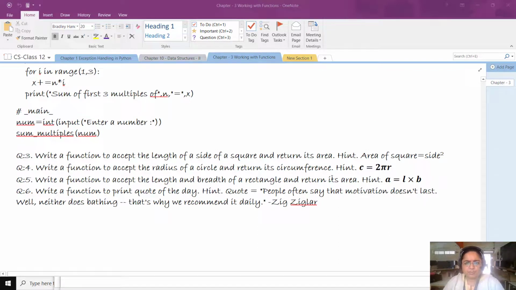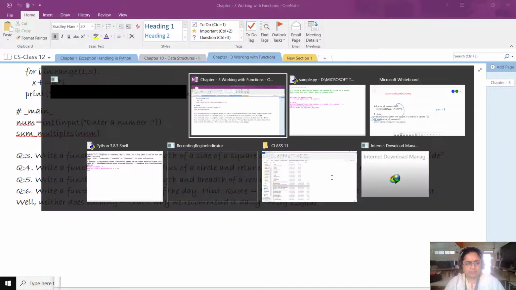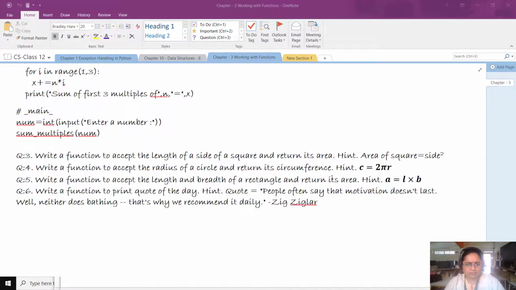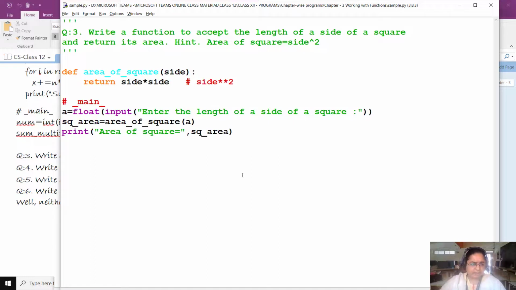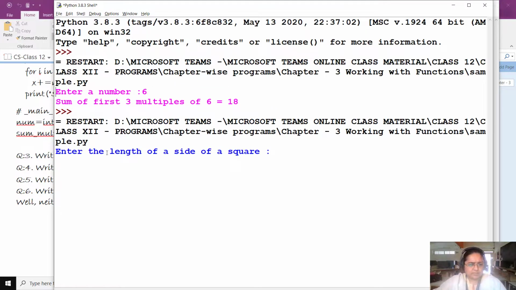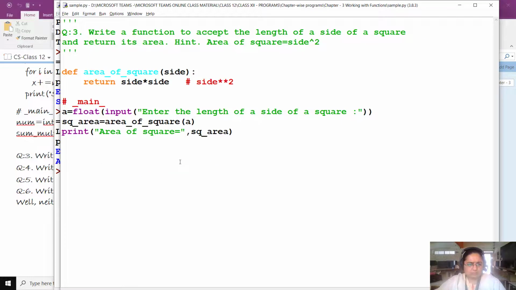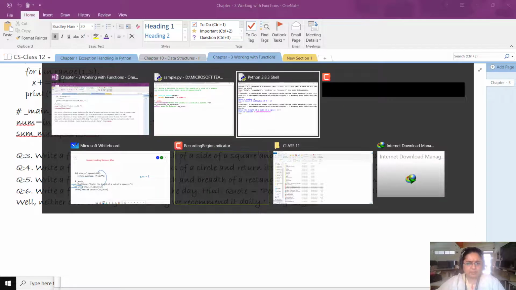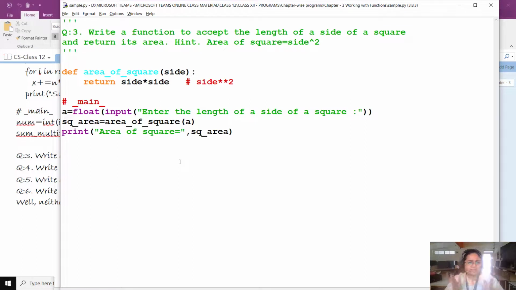So students, I hope you understood this program, a program which takes values from the user. Let us run the program and see what output we get. Enter the length of the side of a square. I am entering a value like 2.3, and we get the area of the square in points. To the person who is using the program, nothing would be visible about how the program has been written.